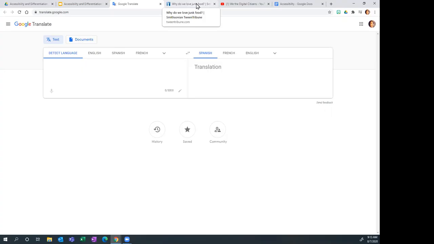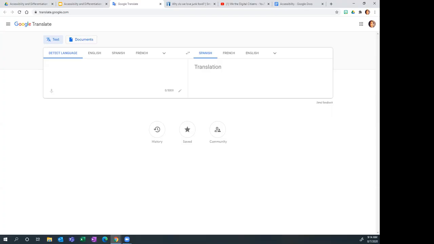This is really useful if you are, first of all, communicating or you want to translate a web page for language purposes, meaning like you're teaching in Spanish and you want this web page or this article to be in Spanish. But also for communication with families. So if you have families who are non-native English speakers, sometimes communication can be a challenge, and this could potentially help